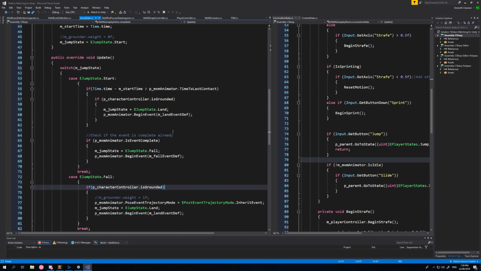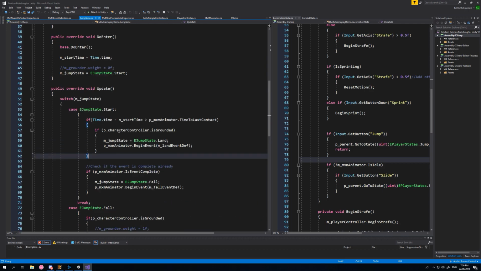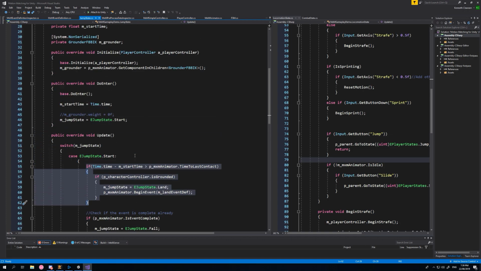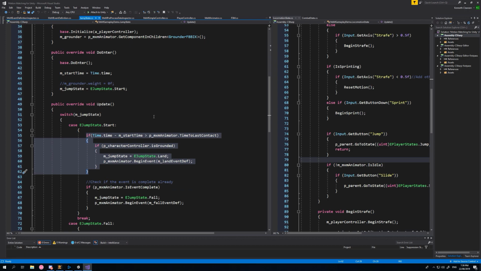Now the other part of this is, well, what if we touch the ground while we're in that start jump animation? Then we want to check if the character controller is grounded and then skip the falling state completely and go straight to the land state. However, you have to give it a little bit of time, because on the very first frame of your jump, you're going to be grounded, right? Because you haven't started jumping yet. And it also depends how your character controller checks for grounded. If it's like a distance thing, it might be a few frames that you're technically grounded before it says you're not. So you could do something like have a timer on this,